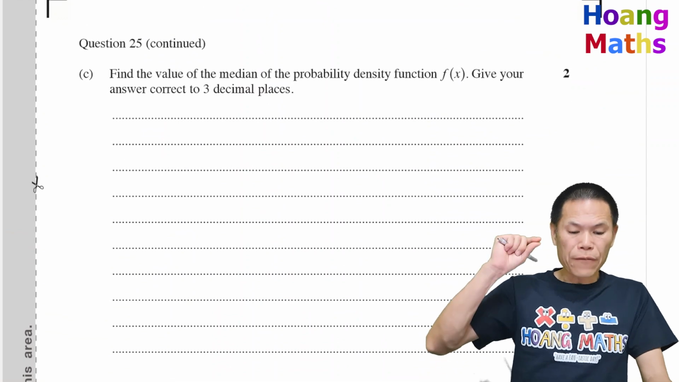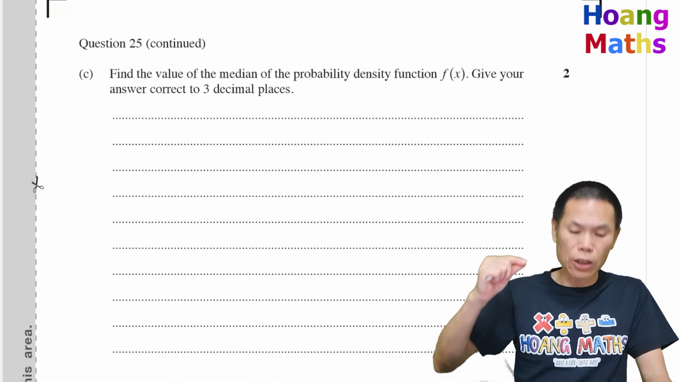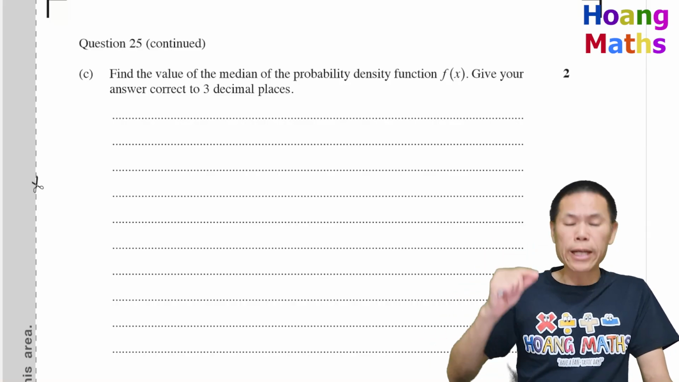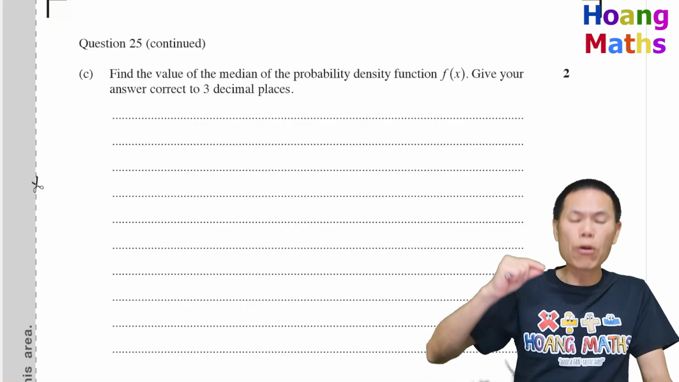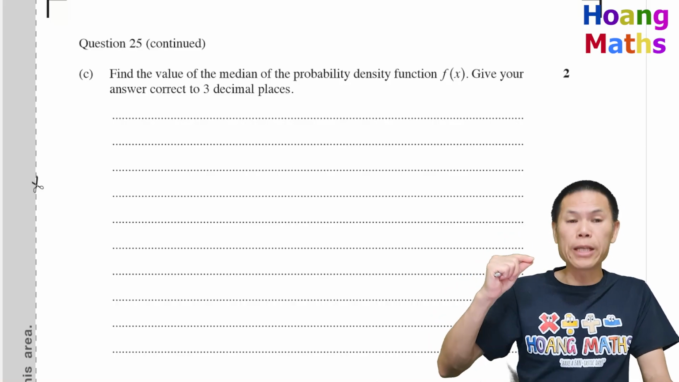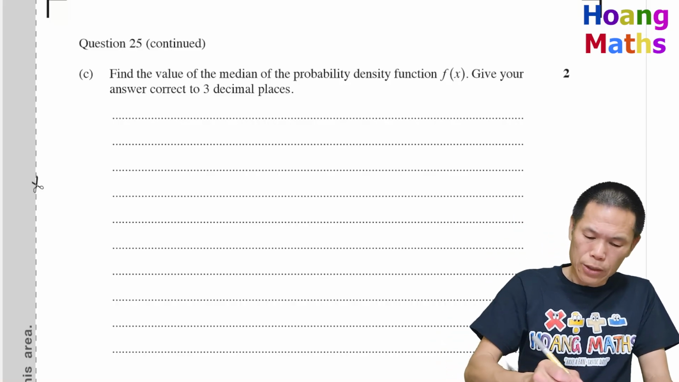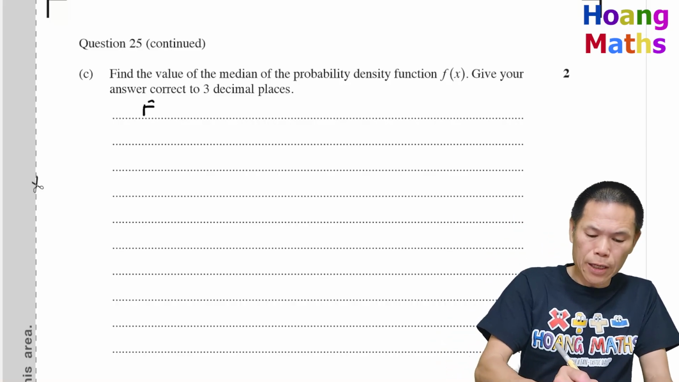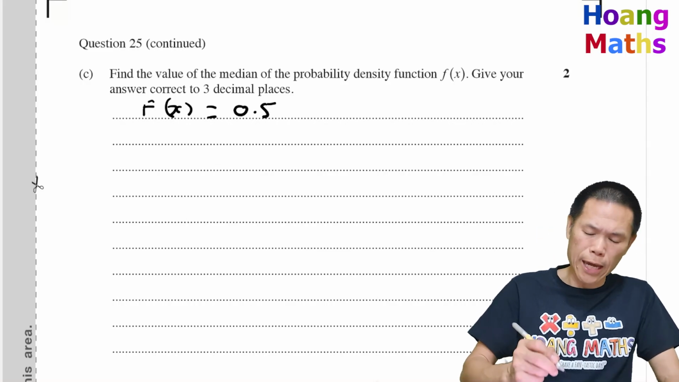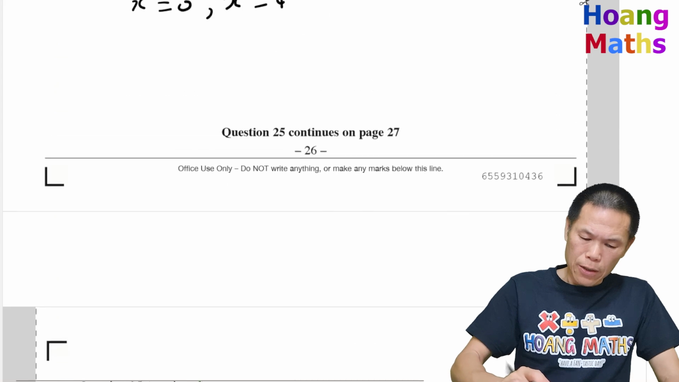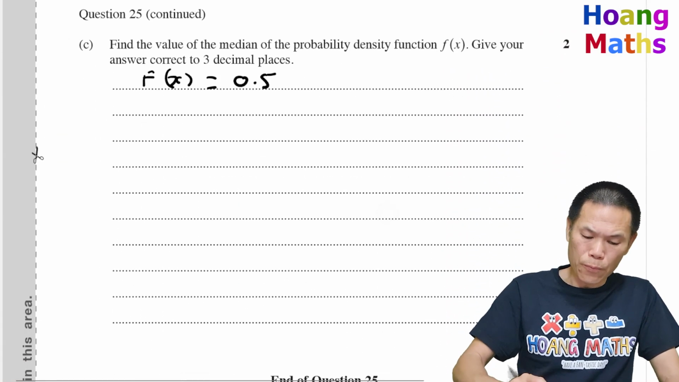Part C. Find the median of the probability density function f of x, correct to 3 decimal places. So in other words, the cumulative distribution equals 0.5, because the median is where the probability is equal to 0.5. So that means F of x equals 0.5, the cumulative distribution, okay? So we have x minus x squared over 4